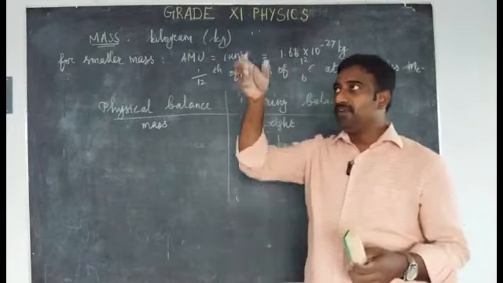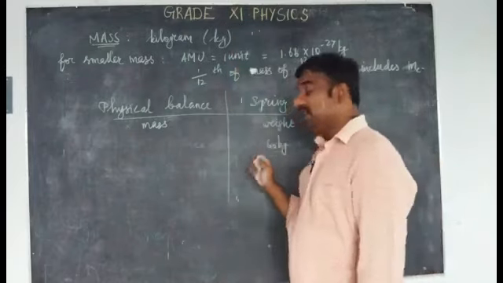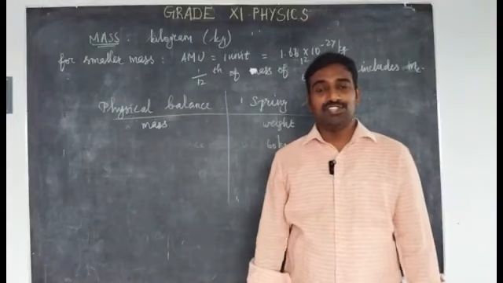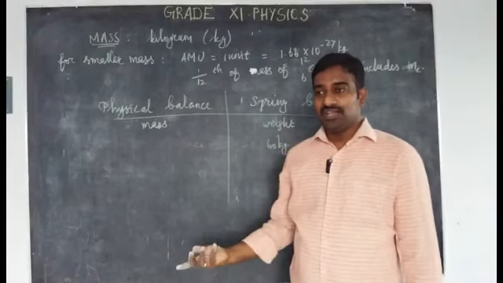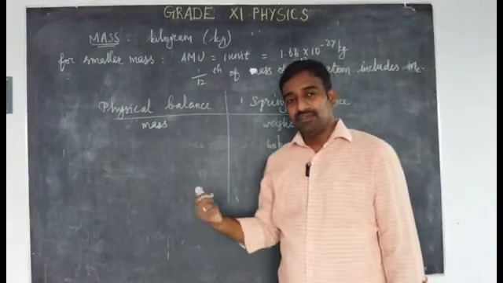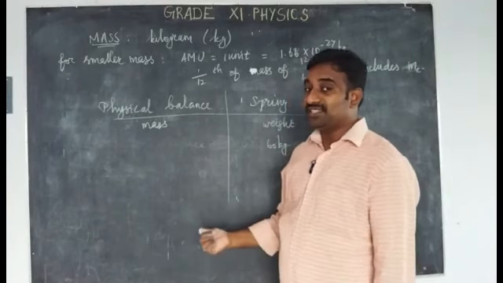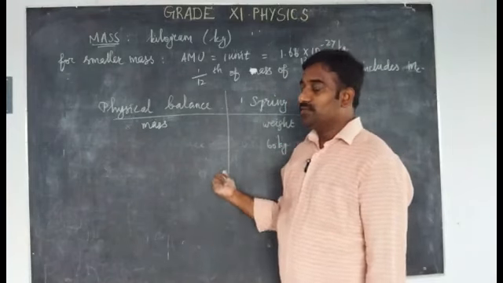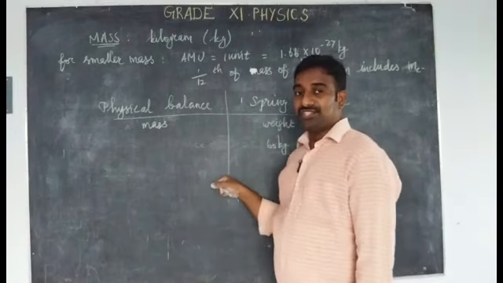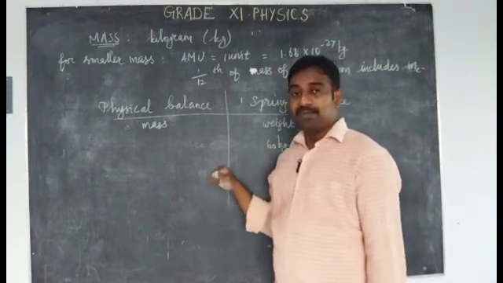So when the lift falls like a free fall, what will the weighing machine value be? Not 60, it is 0. In the absence of air resistance, all bodies fall with the same acceleration, as we have seen. So the free fall acceleration effect is 0. So weight changes from place to place.